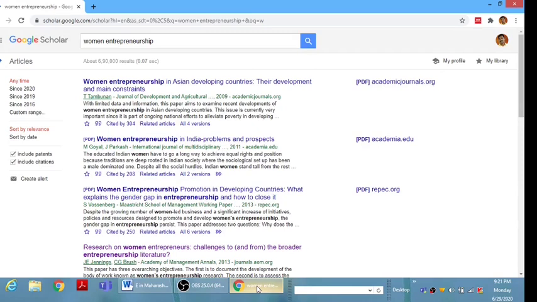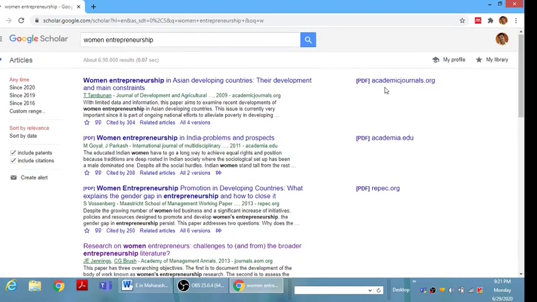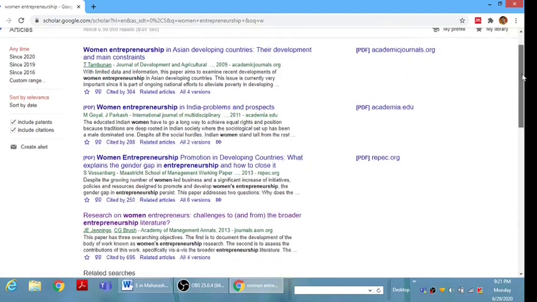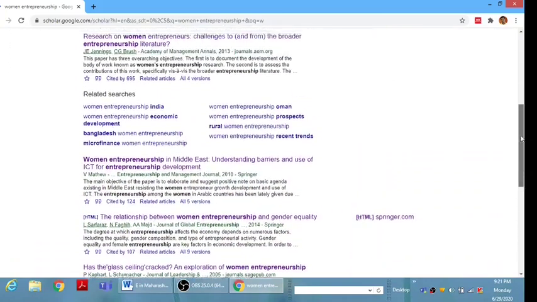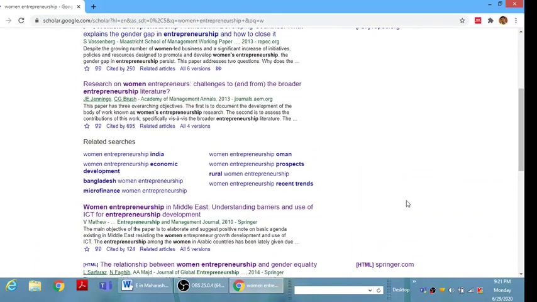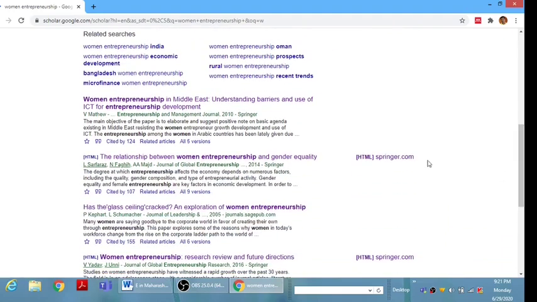After searching women entrepreneurship in Google Scholar, you can see there is various information about women entrepreneurship available on different websites. Some articles are available in PDF format, but some are on web pages, some in HTML format. There are some articles that are only on the website.